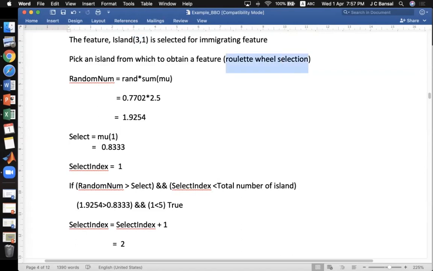Now we are finding the emigrating habitat for this particular island, and we will again start from the first island, whether the first island is the emigrating habitat. If not, then we'll check for the second island. If not, then we'll check for the third island, and so on until this condition is false. When this condition is false, that particular island will be the emigrating island, right?